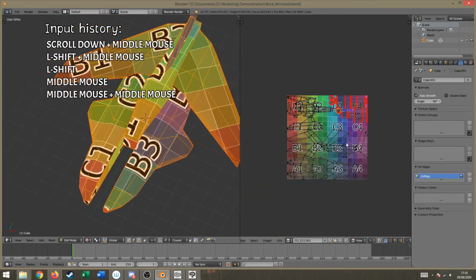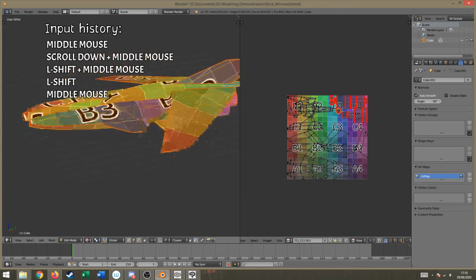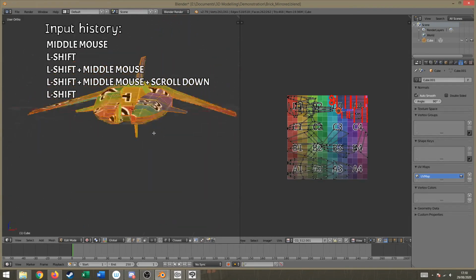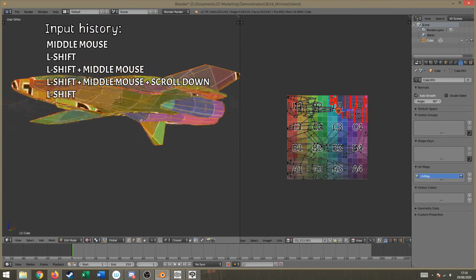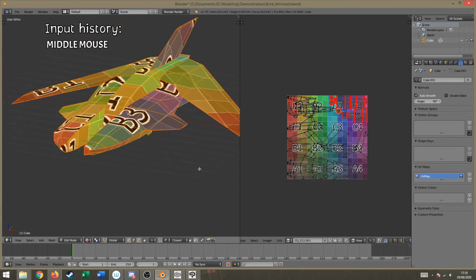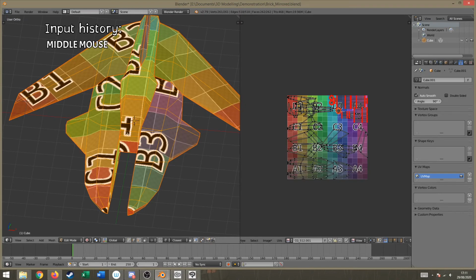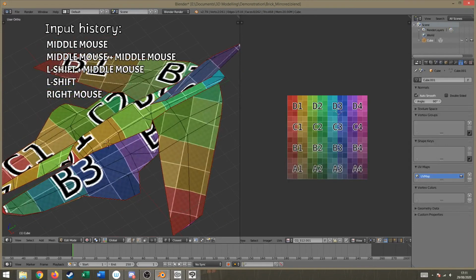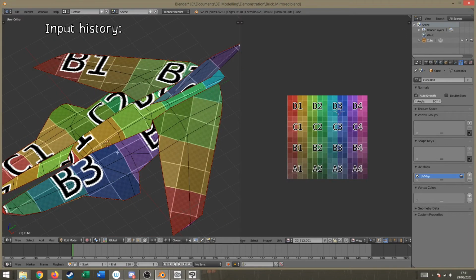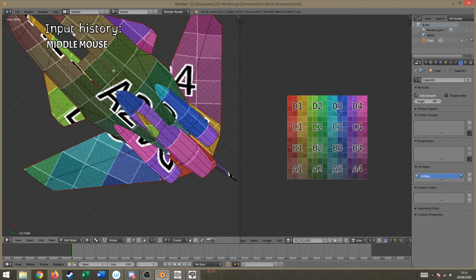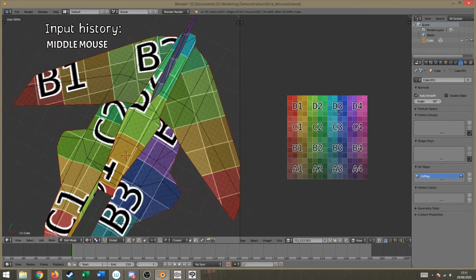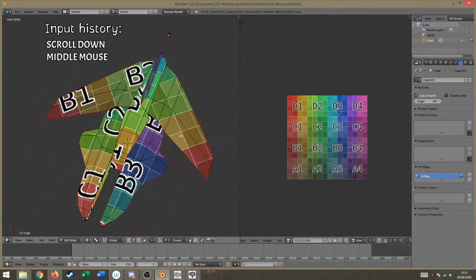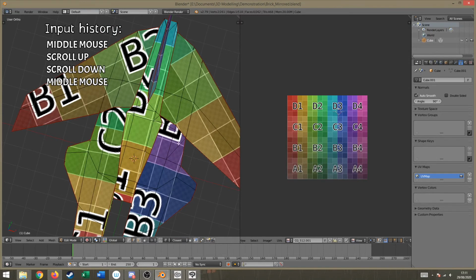So in terms of UV real estate, the bits that are going to be seen most should get more pixels generally. And the bits that are going to be seen the least, well, least pixels. I'm going to keep things as consistent as possible here, just for simplicity's sake. If you're doing something high res, you'd probably want this bit and this bit to be very high pixel density, so very high resolution. And then perhaps this bit under here would be a lower resolution just to save space on your texture. But because the pixels are actually visible, I think it probably makes more sense to just keep everything as close